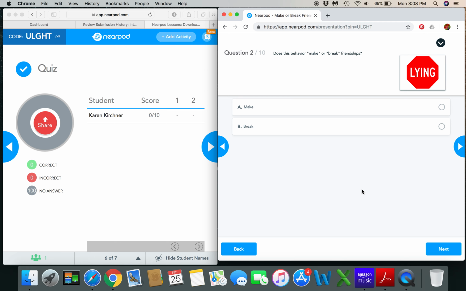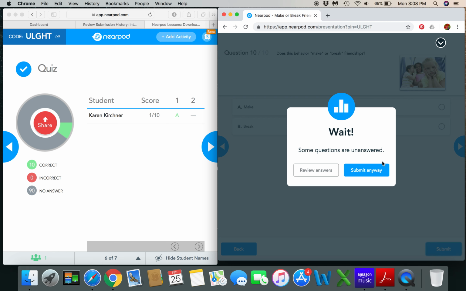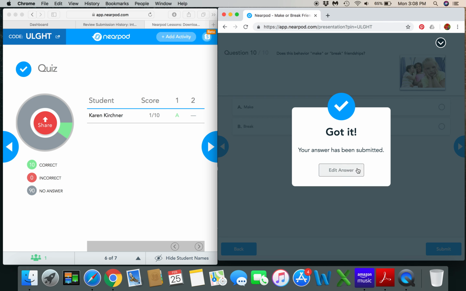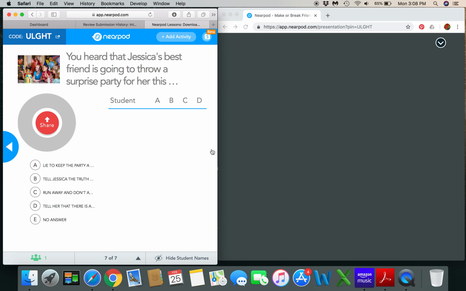Beautiful job. And so at this point, we're going to move right through and just briefly show. We can see over here that Karen's score for the first question was recorded, but for time's sake, we're not going to answer all of these questions. They are available, however. Each of our points in our lesson plan were highlighted during this. And then if we move back to our teacher side, we have a bonus question.